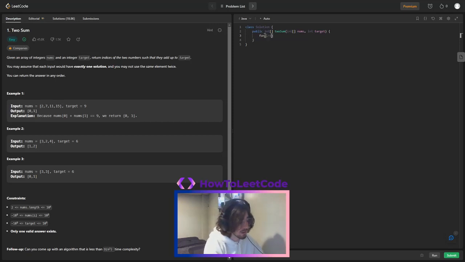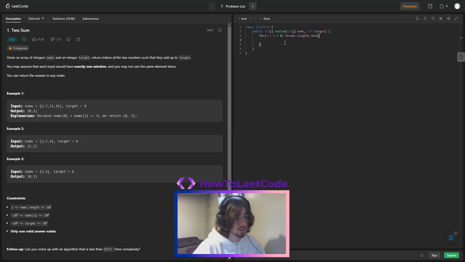So we're going to do for int i is equal to 0, i is less than nums.length. So that means that it's going to be looping through each number all the way till the end. We're going to do i++, and in Java that's how you do a for loop. So yeah, right here you can see we're using Java, and you can tell just by the code. So this means it's going to loop through every single item of the array,